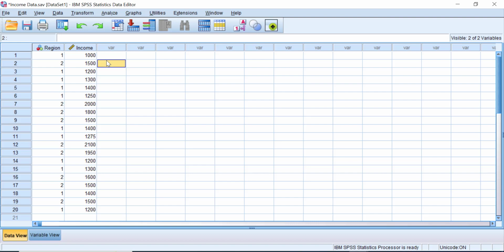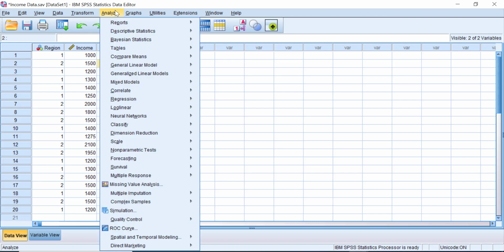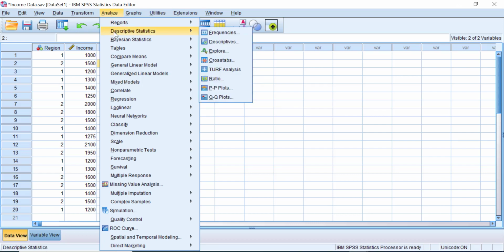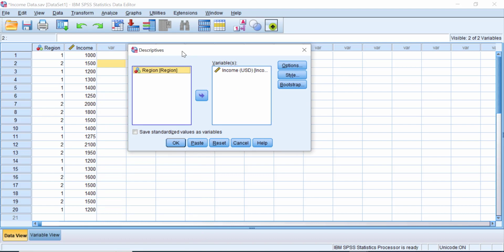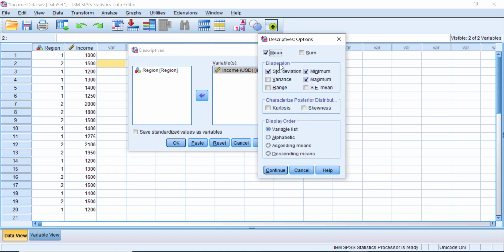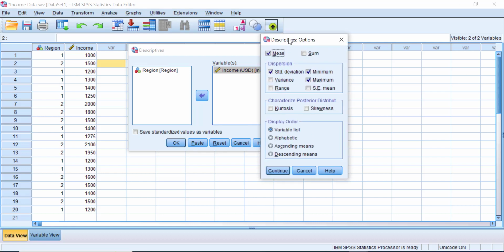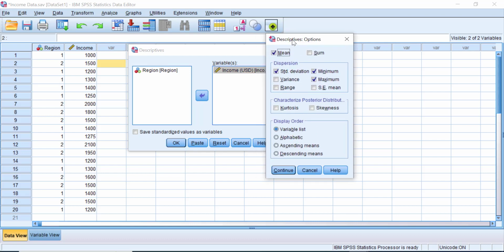Normally, when we want to analyze the descriptive statistics of our variable, we go to Analyze, Descriptive Statistics, and then click Descriptives. You see the Descriptives dialog box here, and then let me reset it first, and click the variable we want to analyze. Here, we want to analyze the income, so click the income variable and hit the arrow button to move it to the variable box, and the Options button, click it, and choose the calculation that you want at the table box.